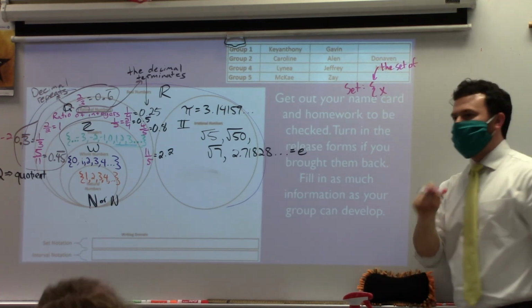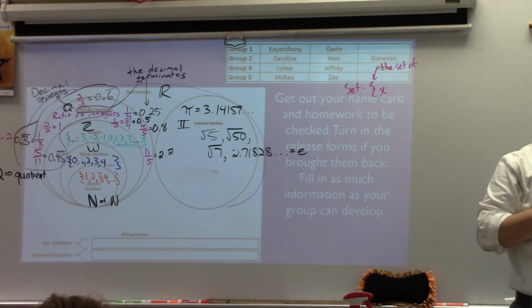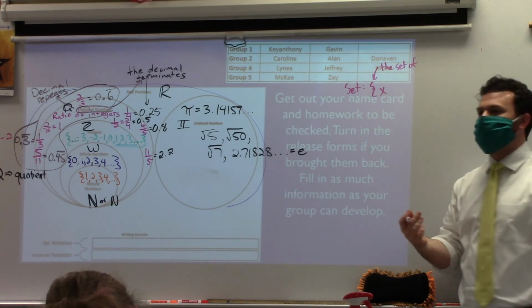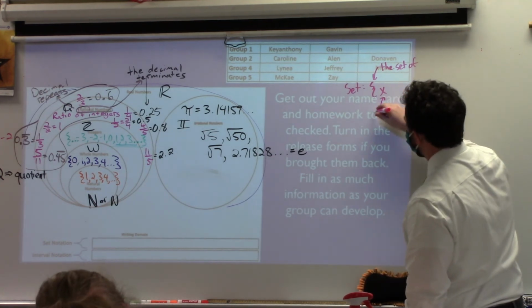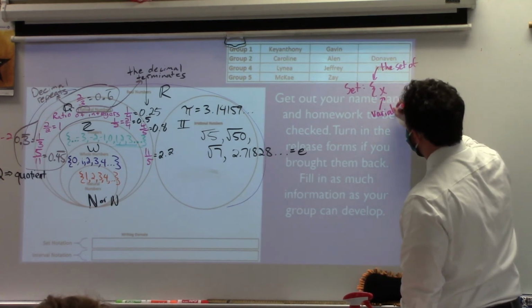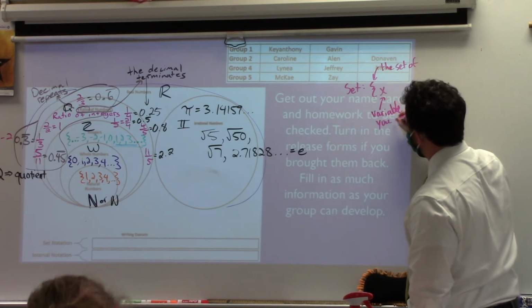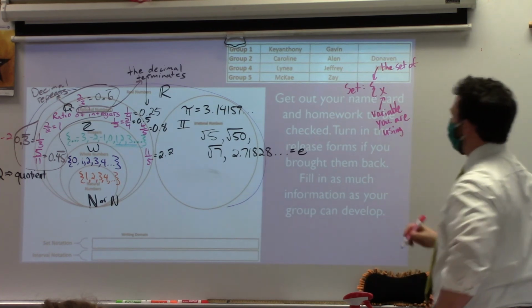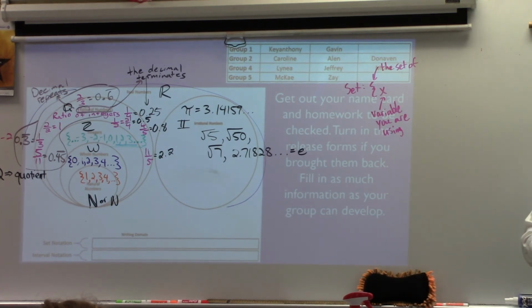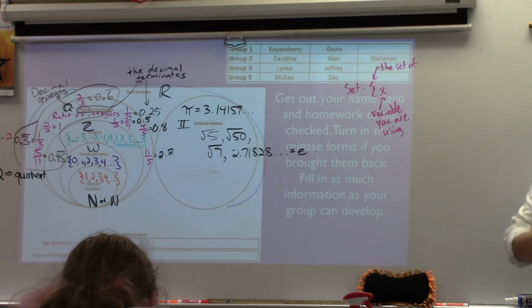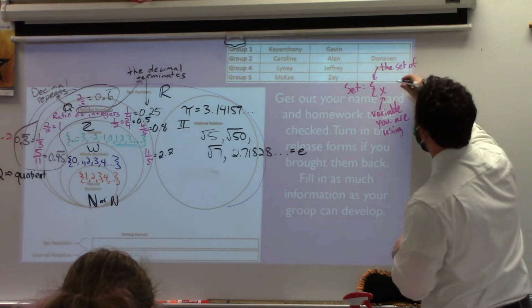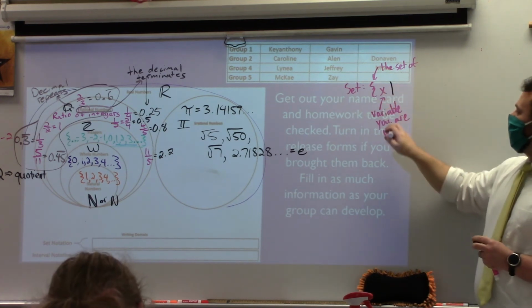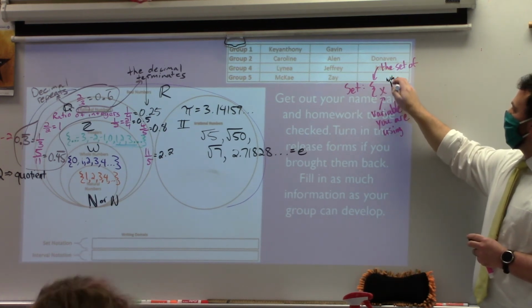Now, is it always going to be an X when we use set notation? No, X is just whatever variable you're using. But the next part is always the same, what comes after that X. What symbol do we use for that? A vertical line. You can also use a colon, but it's a vertical line. And so that's just the set of X when